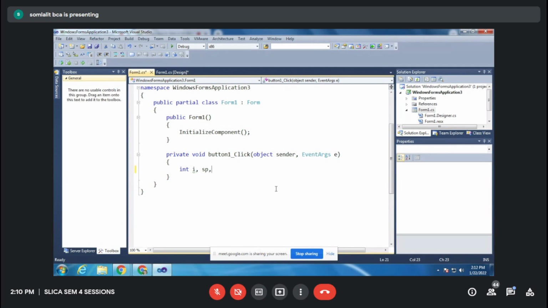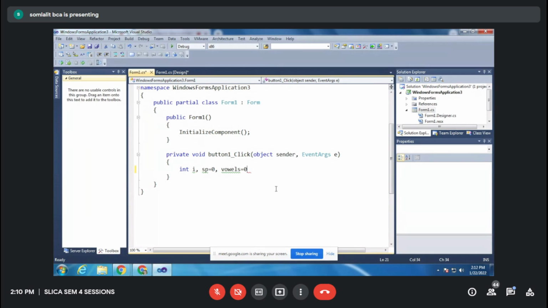Then i, then space, then vowel. Fine. And one more thing, because we are writing the code in C sharp, you need to initialize all the variables, right? So vowels are 0, spaces are 0, then digits, that is again 0, then suppose alphabets,